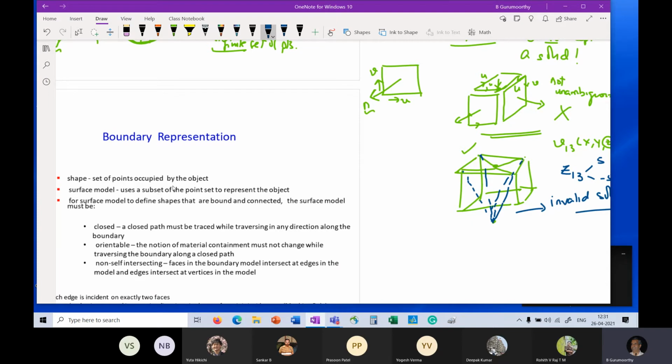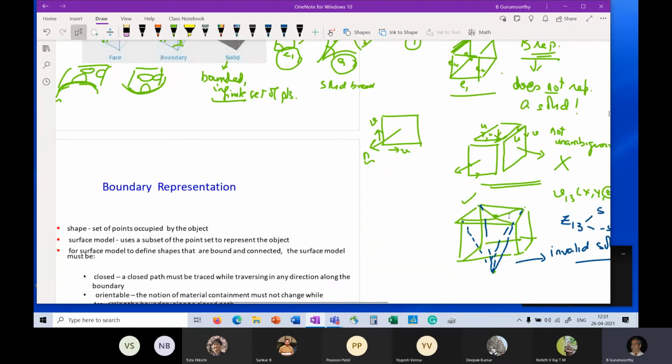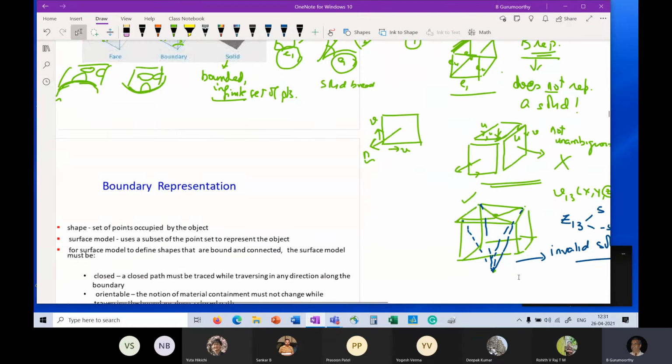And because of that, we have these three problems where I might have a situation where the solid is not a valid solid: it's not a closed solid, it has ambiguous material information, nor is it a feasible solid, right? Because I cannot have a solid where faces intersect with the other face. Okay, I cannot have a situation like this.